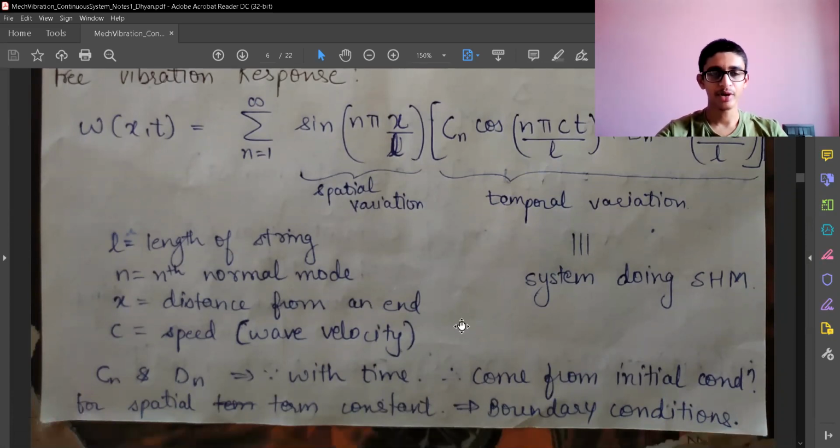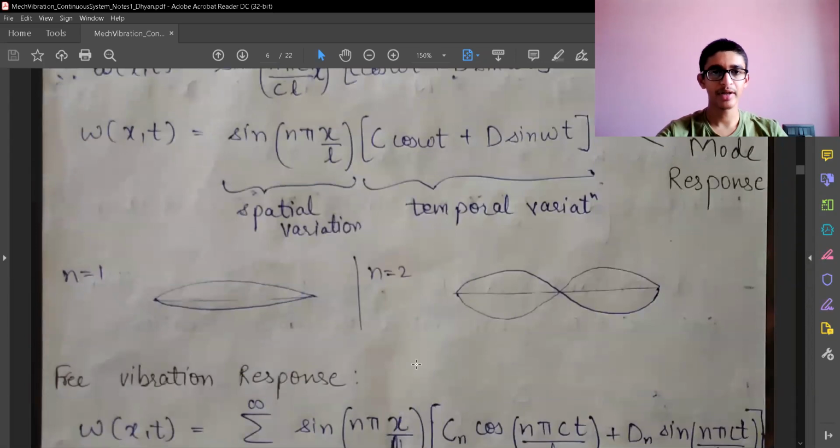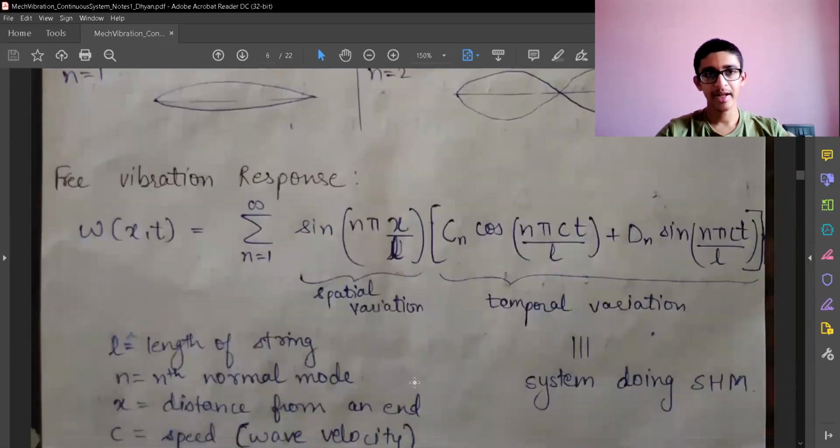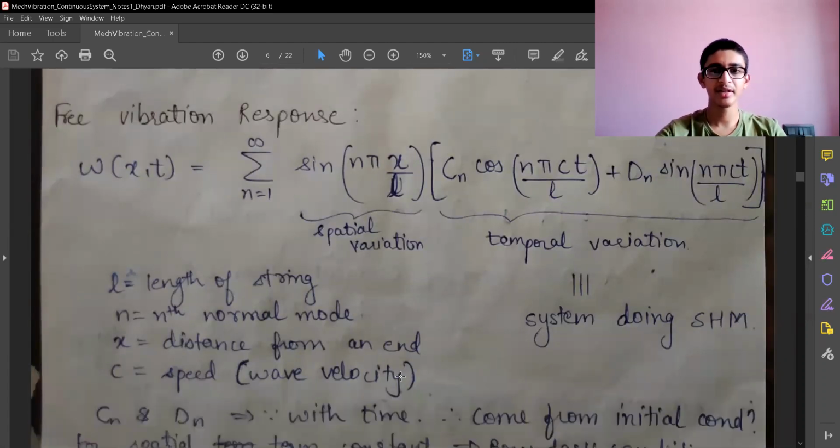So that's all. We'll stop over here. In the next video, we can look at just deriving the same thing, or we can look at the transverse vibration on a string or cable using the energy approach. So till now we have seen the Newton's second law approach, where we equated forces and did the analysis. Then we can also use the energy approach. So we'll look at energy approach in the next video.